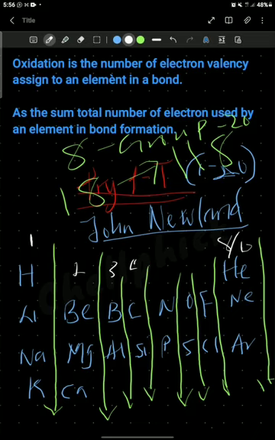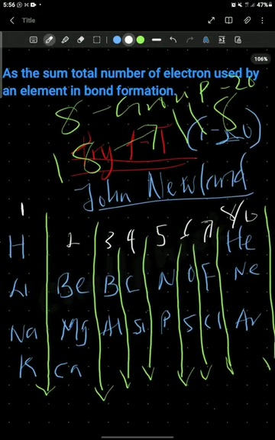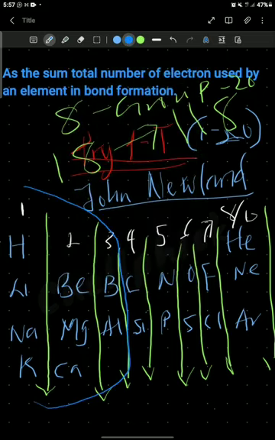So we have group 1, group 2, group 3, group 4, group 5, group 6, group 7, and group 8. Please, I really need you to follow me in understanding this, because once you understand this, I can tell you, you are good to go. Now, you need to understand that in the periodic table, there are many things happening. Between group 1 to group 3,